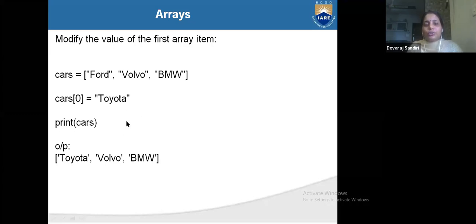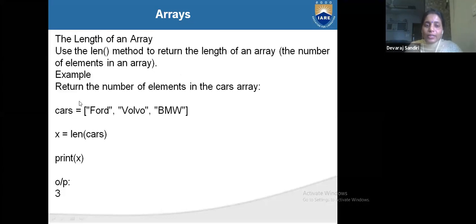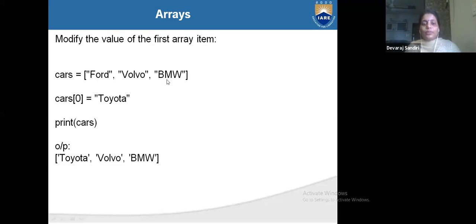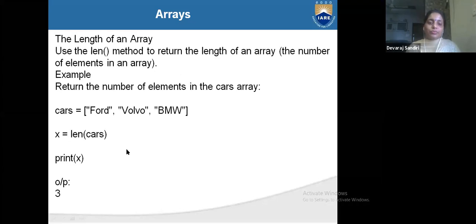Here no other changes are needed, only write the index number. If you write cars of 1, in place of Volvo you will get Toyota. And if you write cars of 2, in place of BMW you will get Toyota. So print cars. After that, if you print, your cars will be changed as per the index number, and you can modify the values.